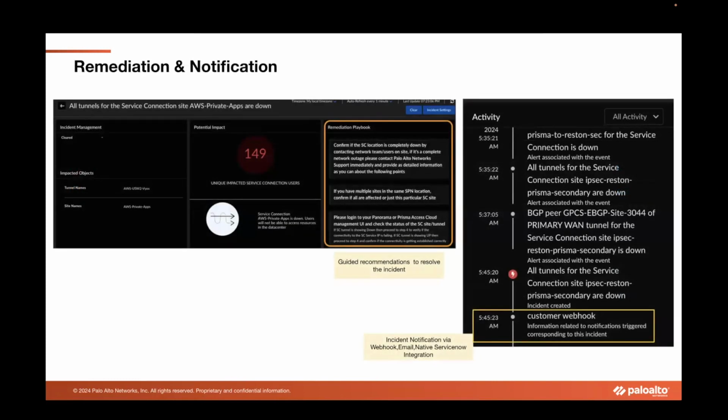And what you're looking at here is the remediation playbook. So this has guided remediation steps in order to fix the problem. And we also have several notification mechanisms available, and a whole bunch of incident management mechanisms that are available in order to manage an incident, and also for the network administrator to be notified of an incident. In this case here, we have webhook integration. So you can see this incident has already been updated in the webhook endpoint that has been configured by the